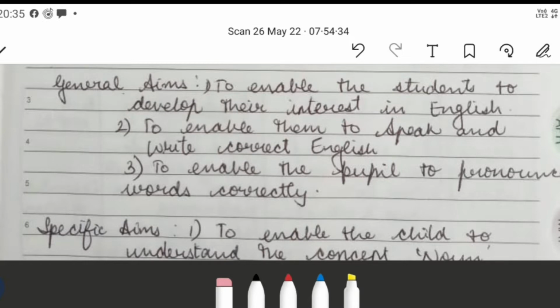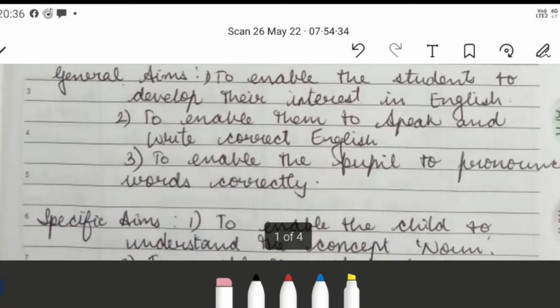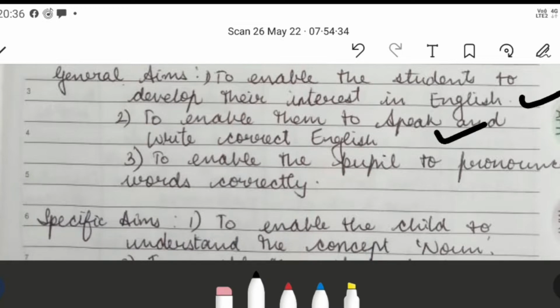जनरल एम का मतलब हमारा टीचिंग इंग्लिश का क्या एम है? टू एनेबल द स्टूडेंट्स टू डेवलप देयर इंटरेस्ट इन द लैंग्वेज। सबसे पहले हमारा जो एम है कि बच्चे का इंटरेस्ट हो, वो बच्चा बोल सके और राइट कर सके। टू एनेबल देम टू स्पीक एंड राइट द करेक्ट इंग्लिश। देन टू एनेबल द पीपल टू प्रोनाउंस द वर्ड करेक्टली, राइट।